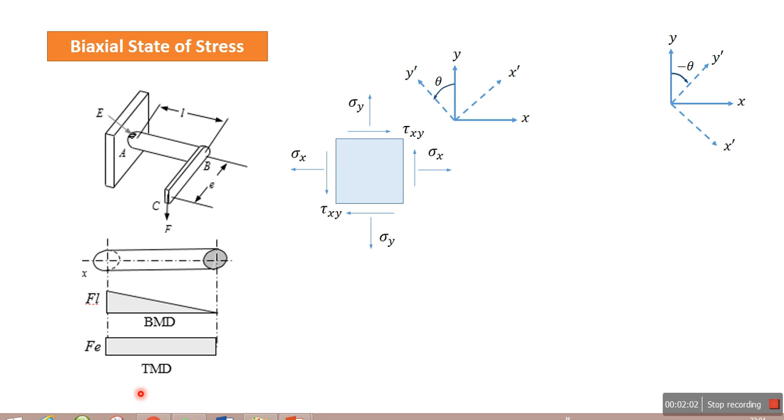This is a specific case of biaxial state of stress, and in this case the stresses are acting along the x-axis, that is due to bending, and shear stresses, that is tau xy. But this particular case is a general state of stress. We can have normal stresses in two directions with shear stress,